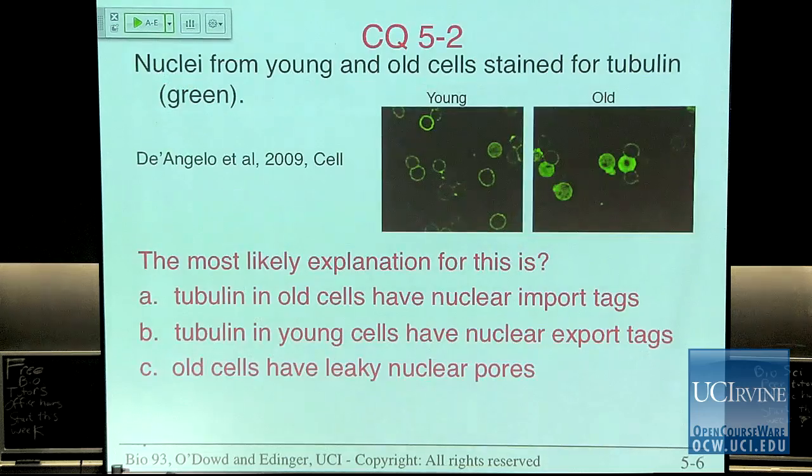Okay, so nuclei from young and old cells were interrogated for tubulin. How much tubulin is around, right? This is a cytoplasmic protein. And D'Angelo's group in 2009 found this interesting result, which was here we have nuclei from young cells that have only a little bit of tubulin around, just right around the edge, whereas nuclei from old cells, many of them had tubulin all through the nucleus. So the most likely explanation for this is